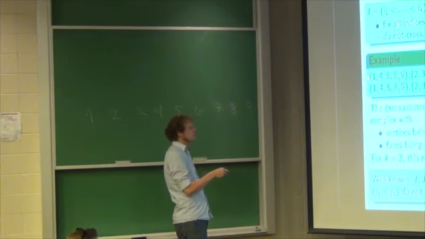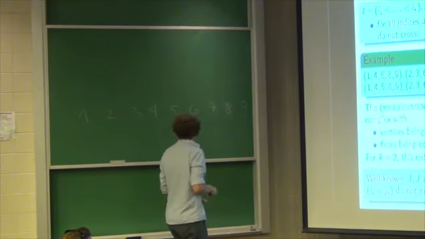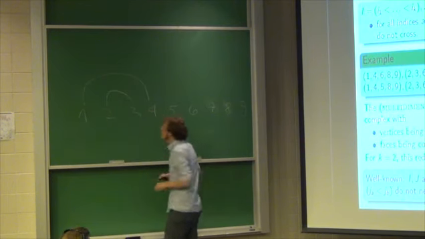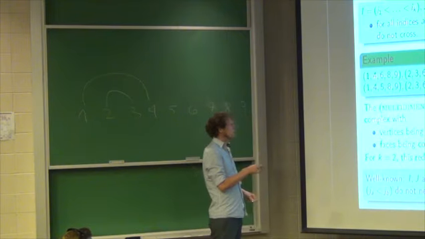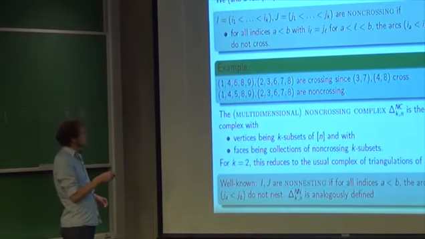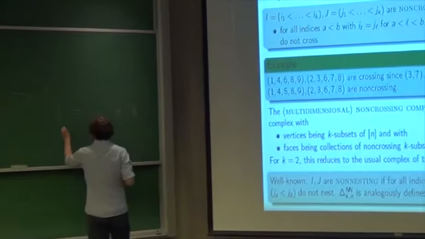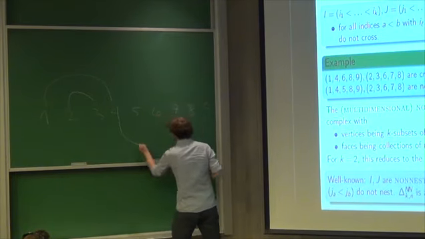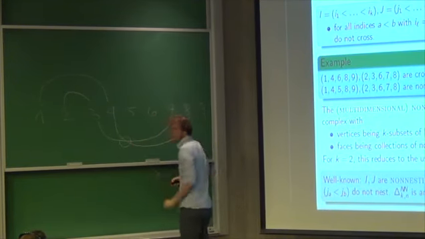So the first test we want to do is we test the arc 1,4 and the arc 2,3. And it's not too hard to observe that these two are non-crossing. So I'm testing the next arc. So we have the 4 and the 8 and the 3 and the 7, because the 6 coincides, so we remove these. So we have a 4 and an 8 and a 3 and a 7. And these cross here.